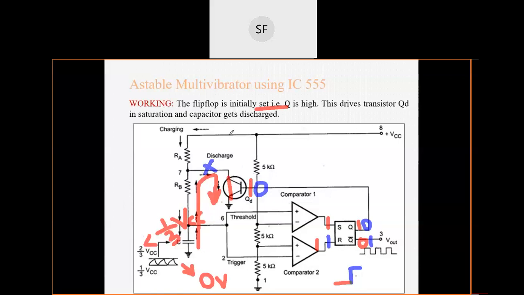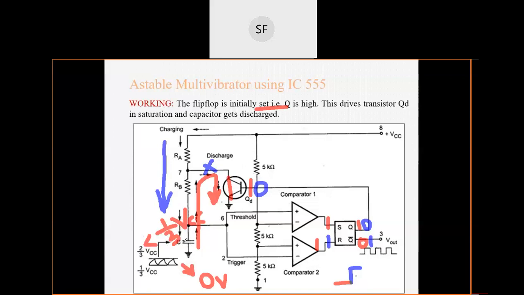So there is no discharge path. The discharge path, which was there earlier because of the short circuit, now becomes open, so current will not flow. Instead of discharging, the capacitor will start charging in this direction, since current will flow from VCC to ground. Again, remember the point that discharging is happening through the components capacitor and RB, whereas charging is taking place through RA, RB and the capacitor.